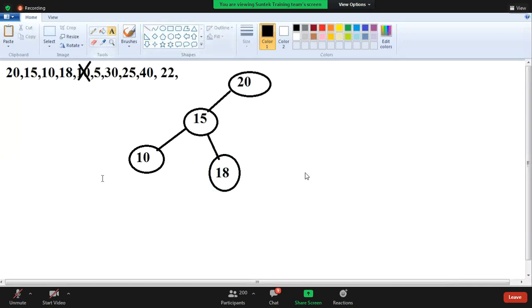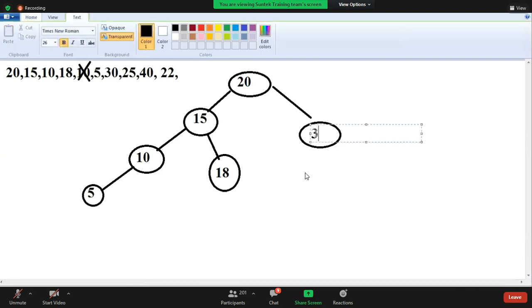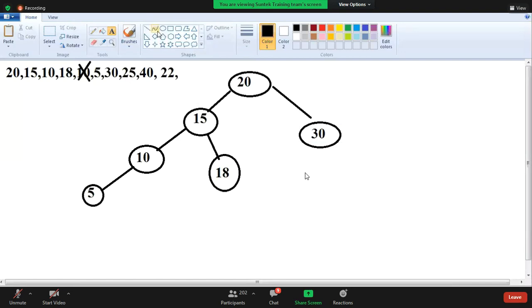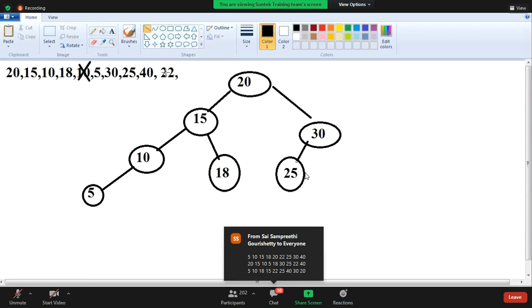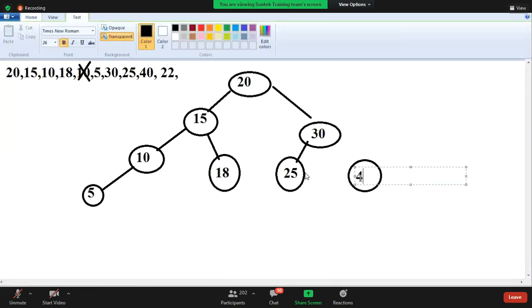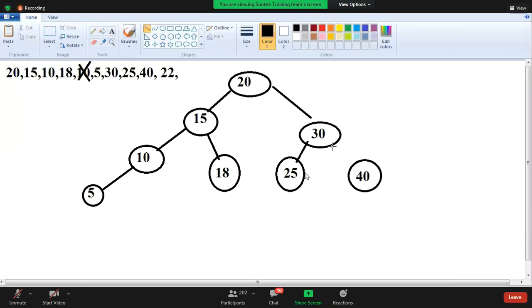Next 5, 5 is the left side. 30, 30 is the right side. 25 left side. 25 left side, 40. 40. 22. Where is the left side now? This is 22.